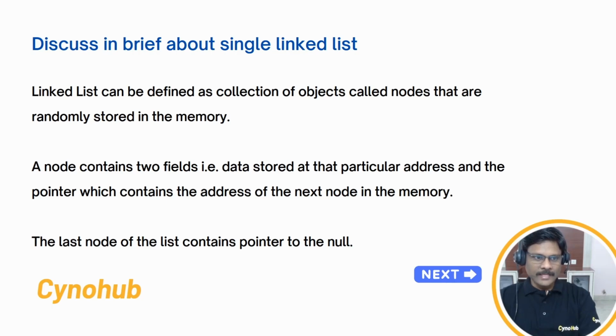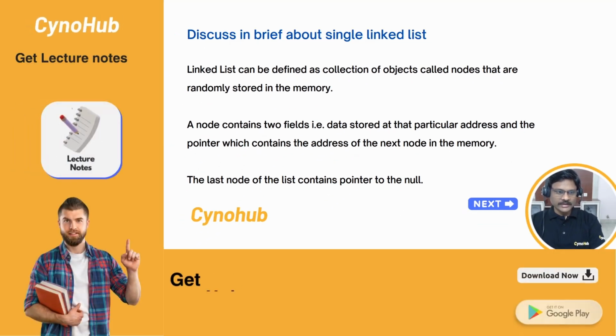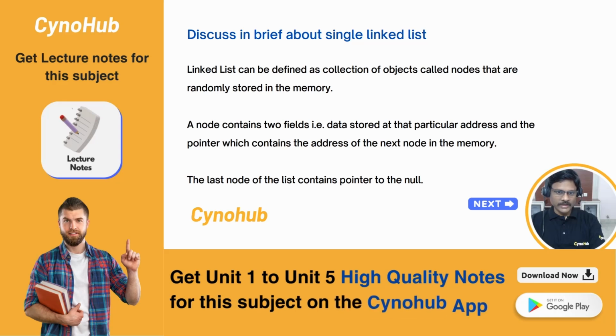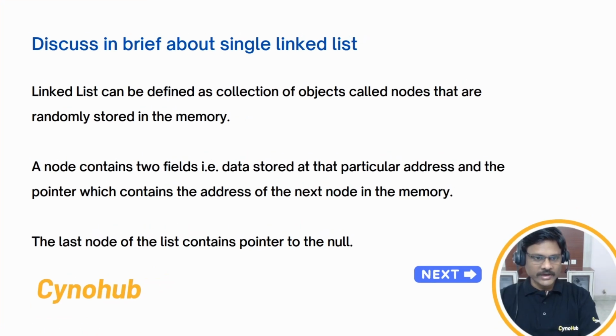Next question. Discuss in brief about singly linked list. A linked list can be defined as a collection of objects called nodes that are randomly stored in memory. Unlike an array, a linked list does not store the data in a contiguous memory location. We use dynamic memory allocation to store the values into a piece of memory called a node, where the node